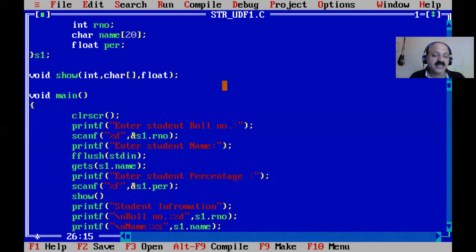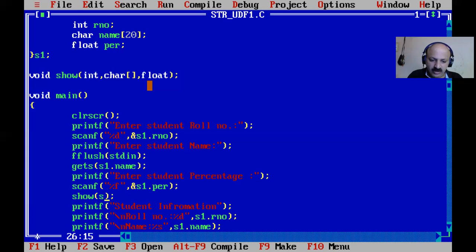So there are 5 types of user defined function in C language. No argument, no return value. With argument but no return value. No argument but return value. With argument with return value. And function passing multiple values using a pointer. With the help of a pointer you can pass or print multiple values. That is the fifth type, because a function returns only one value, that is the rule, but with the help of a pointer we can return multiple values also.